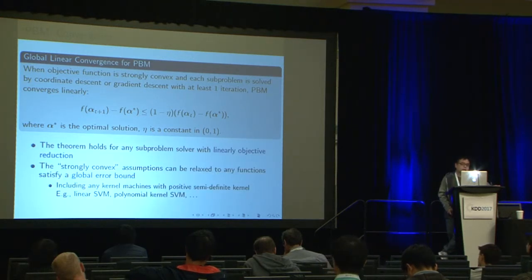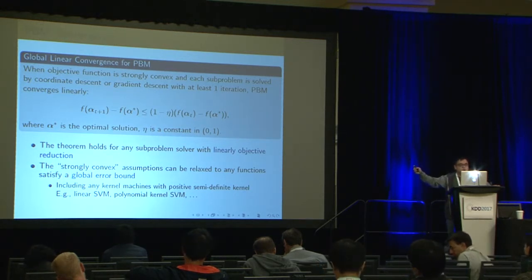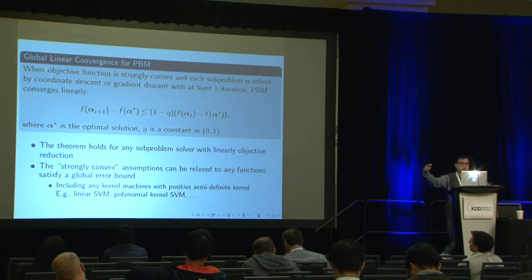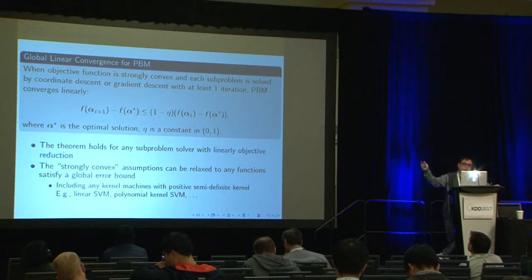And we also extend our algorithm. Actually, this theory holds for any subproblem solver if the subproblem solver can reduce the objective function linearly. So basically, coordinate descent or gradient descent can reduce objective function linearly, but you can replace this by other solver as long as you show they can reduce the function linearly. For example, SVRG or any variance reduction technique can be used. And second, we extend this to some non-strongly convex function. For example,